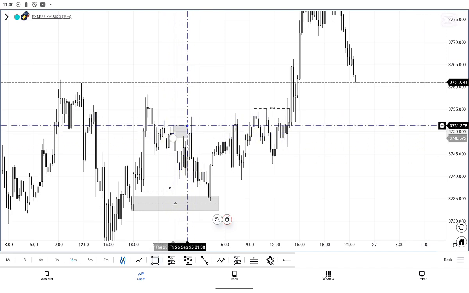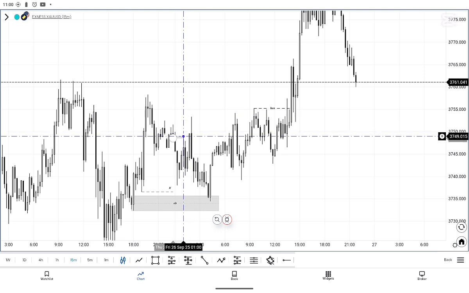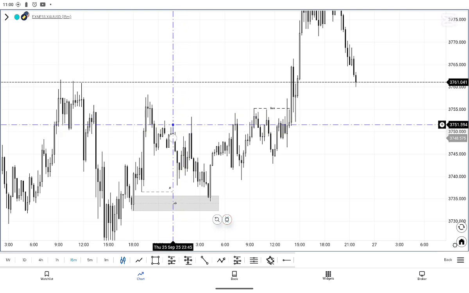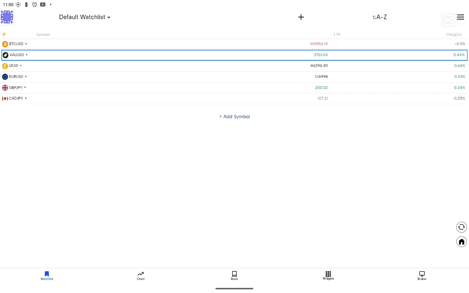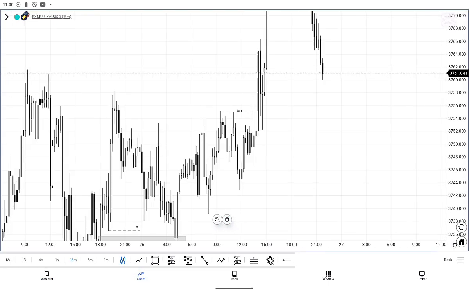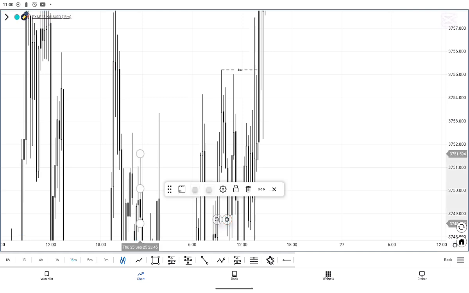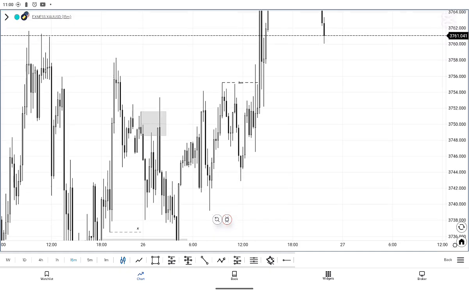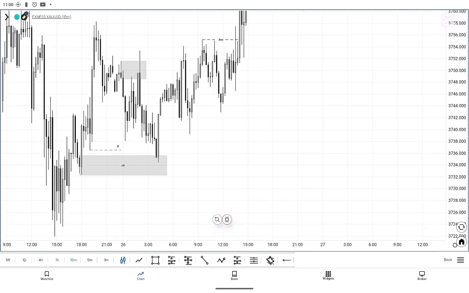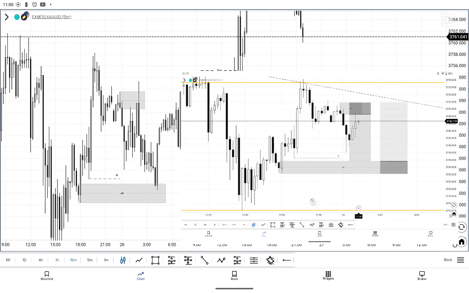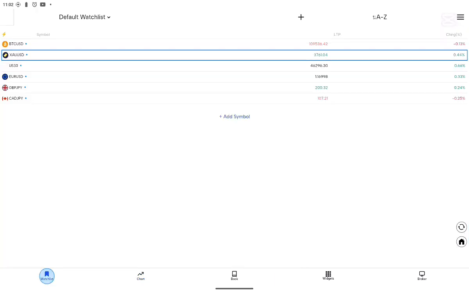This was my first entry point. There's another block here. This other block was my first entry point. Then I took another entry from this one here. Right. So I'm going to be dropping on